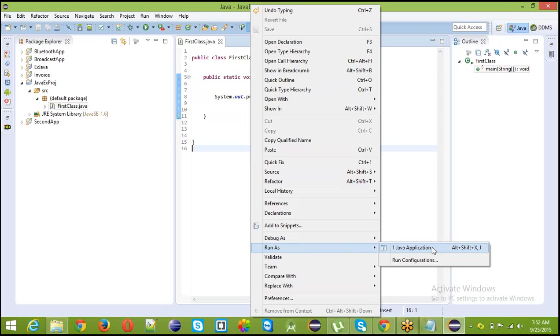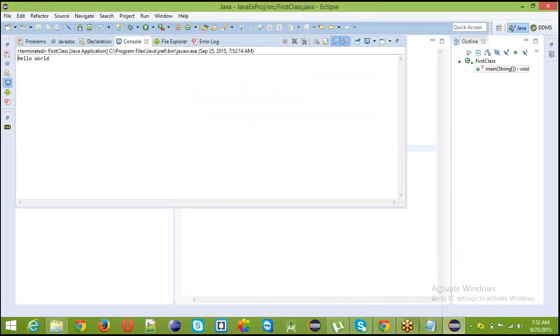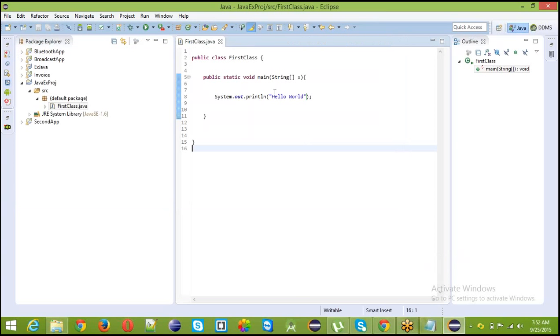If you click this, the application will execute. See, the application is running and we have the output, hello world. It's a very simple program. Suppose I want to run again, or change something.